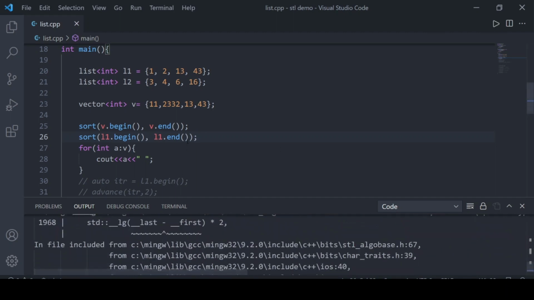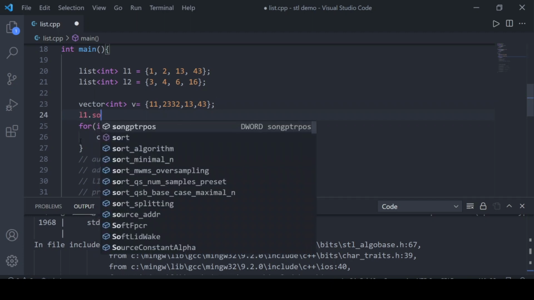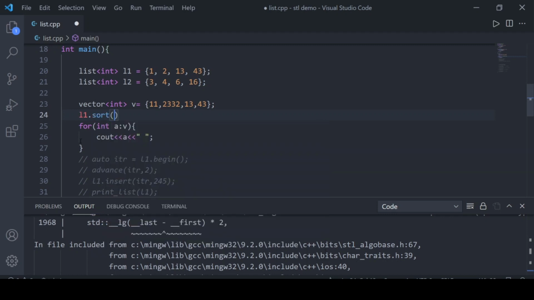This is because the sort function is designed so that it can sort continuous elements just like in an array or a vector, but here they are different, so it will not sort. So the list has provided an interface for that, so we can sort in this way, L1 dot sort. This will work in the case of list. Let's print that.